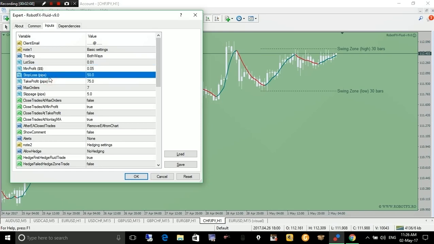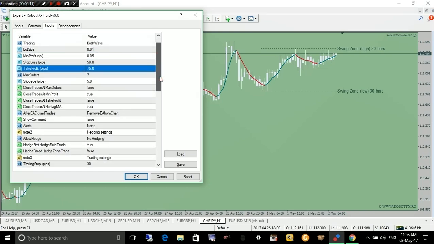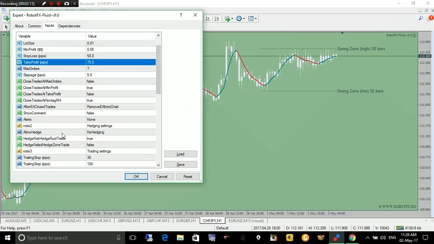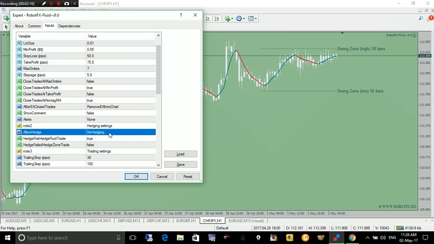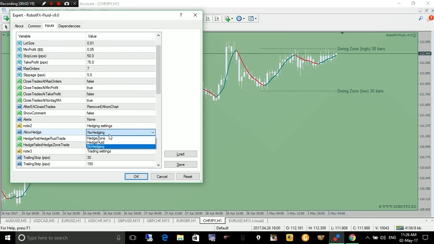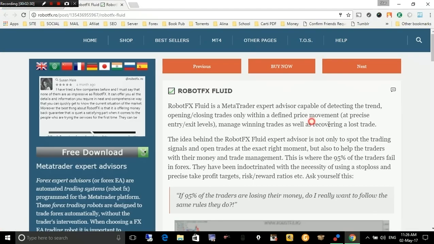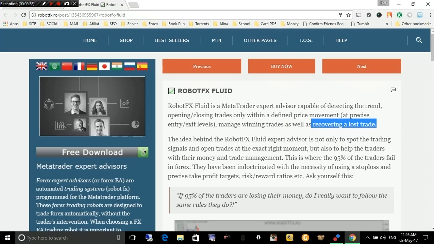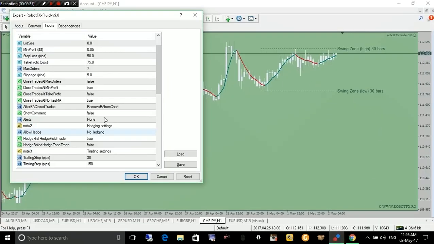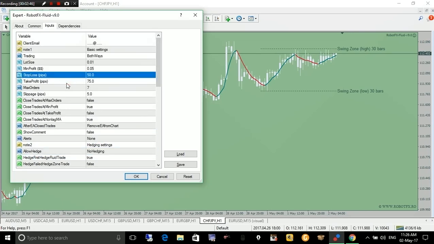Now, the stop loss and the take profit. By the way, in this example, we are not hedging. That means that allow hedge is set to no hedging. I will talk about hedges as I consider them a method of recovering a losing trade. So hedging will be presented in the fourth video about the RobotFX Fluid Expert Advisor. I will ignore that now. With these settings and in this example, we will set allow hedge to no hedging. Why not hedging? That means that the stop loss and the take profit are